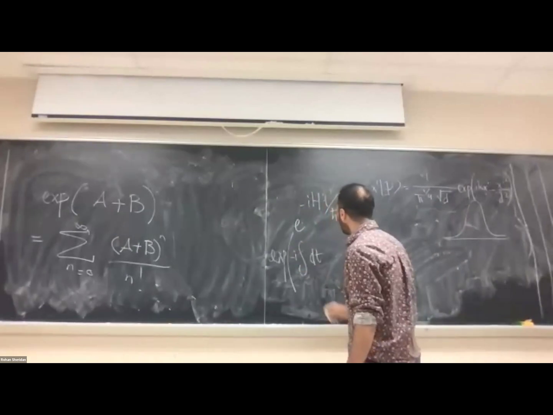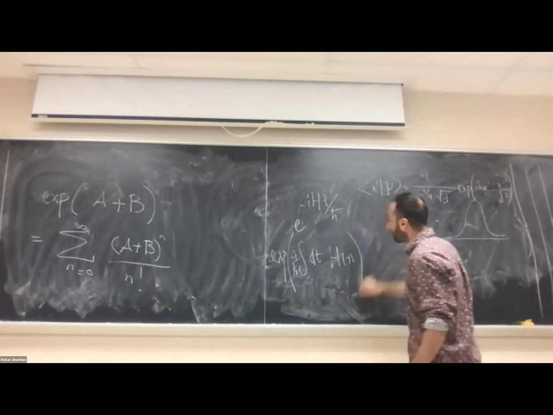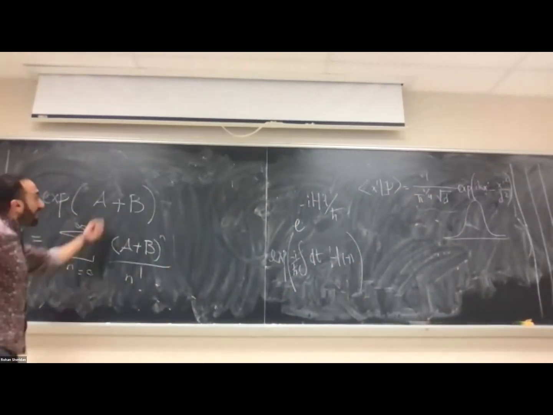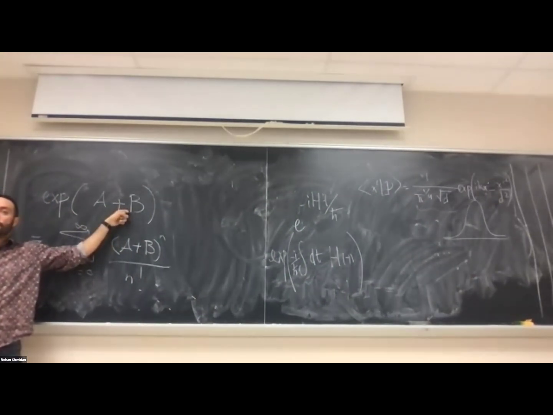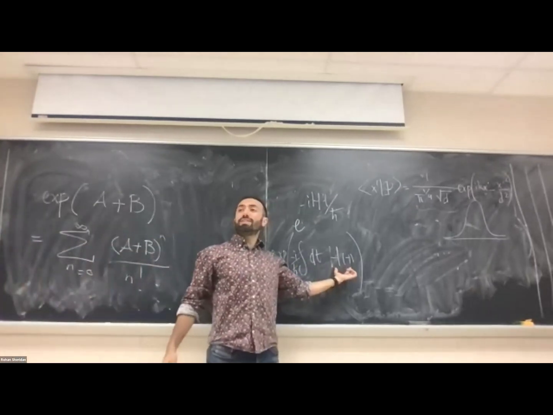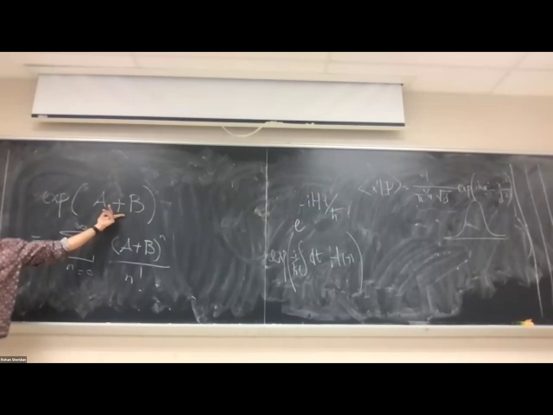Of minus i over ħ, integral of dt H(t). So this expression looks like this, right? You're adding two operators at different times. When your Hamiltonians at different times do not commute, that's like exponentiating when B and A do not commute,